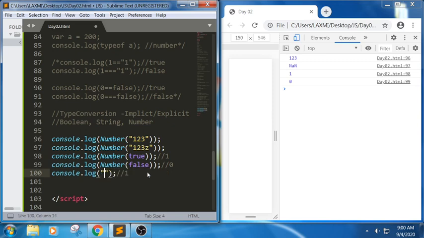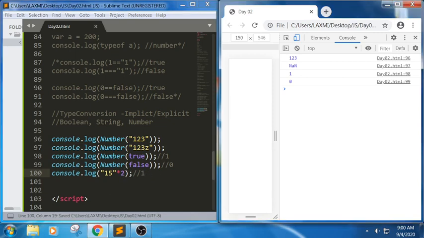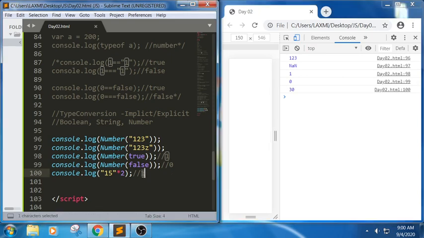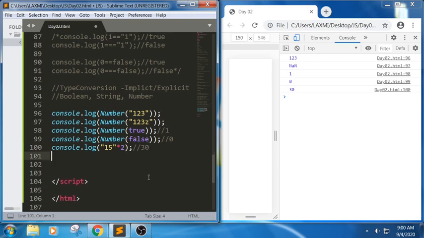I want to write like this: 15 star 2. What does it mean? 30. It is trying to give the output as 30 here. It means the string has been converted into the format of a number. For example,